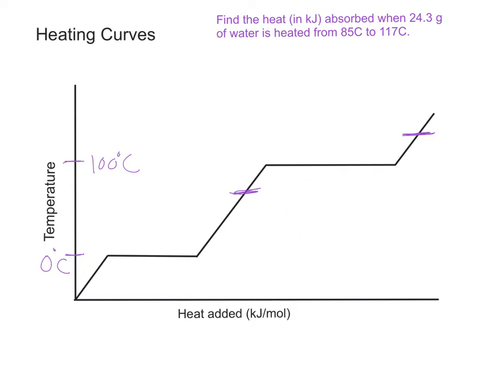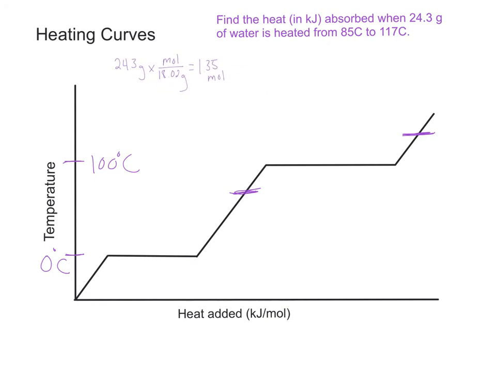So the first thing we need to do is take our 24.3 grams of water and convert it to moles. So we have 24.3 grams times mole over 18.02 grams of water, and this ends up giving us about 1.35 moles of water. So I will go ahead and move this calculation off to the side for us to use later, because first